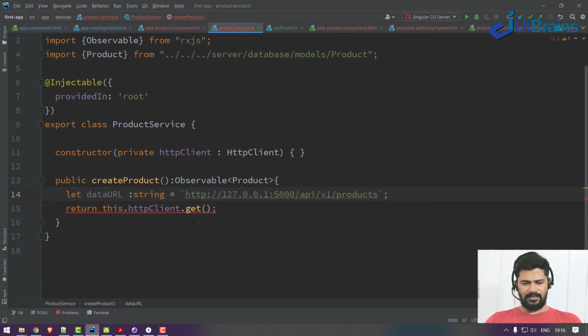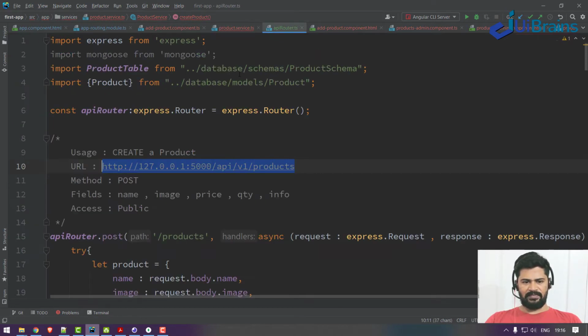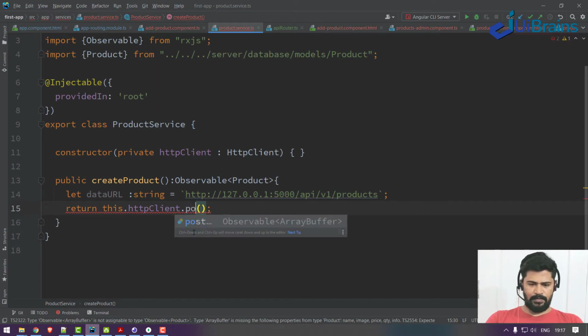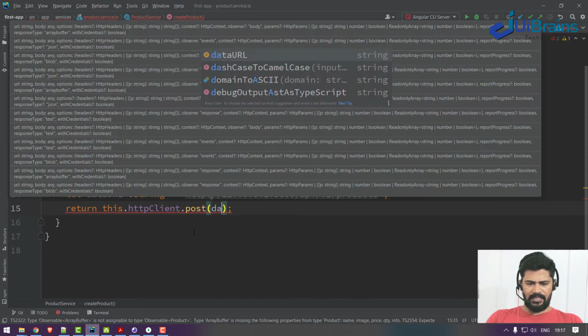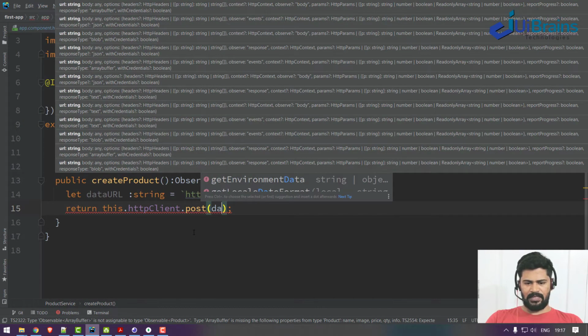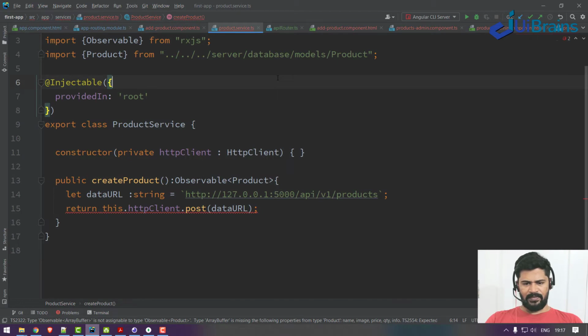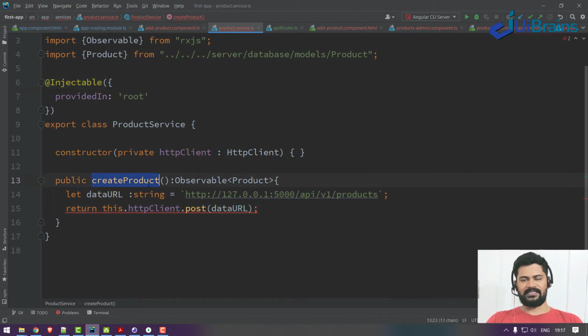This is my URL. So what type of method is it? It's a post method. So client.post and the dataURL. Along with the dataURL, you have to provide data as well, because you want to create a product. So that particular product to be created.